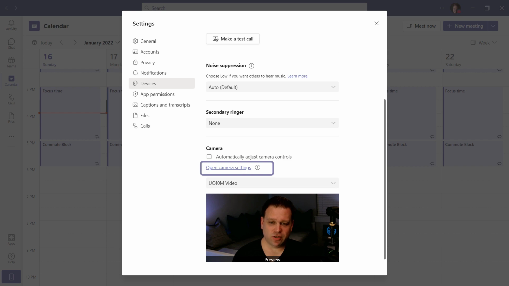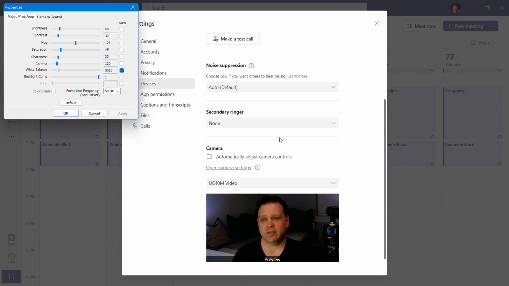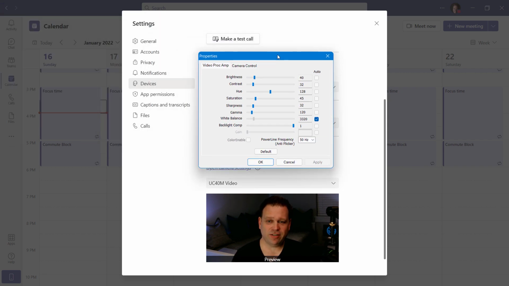So these controls are going to come from Windows. So you can see the UI is a little bit different. And these are built-in Windows controls. Now, what I want to do is actually turn up my brightness a little bit. I'll go to maybe 70%. Okay, maybe 66%. That looks good. Now I can also do contrast, hue, saturation, sharpness, gamma. Now these settings will vary based on your camera and what settings they actually publish to the universal camera controls